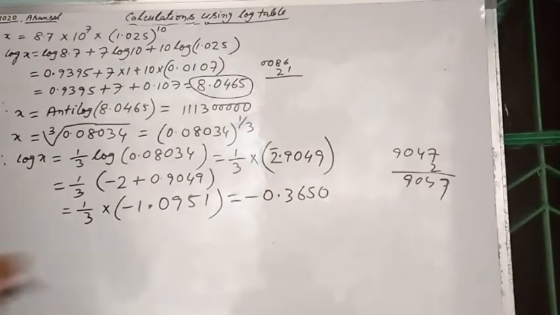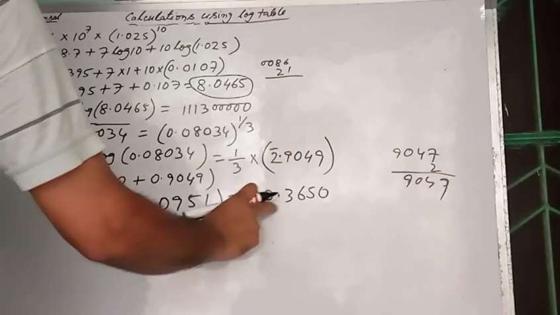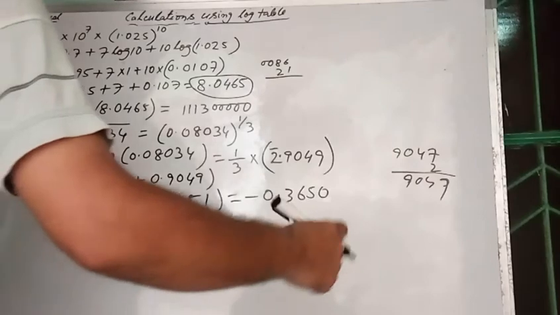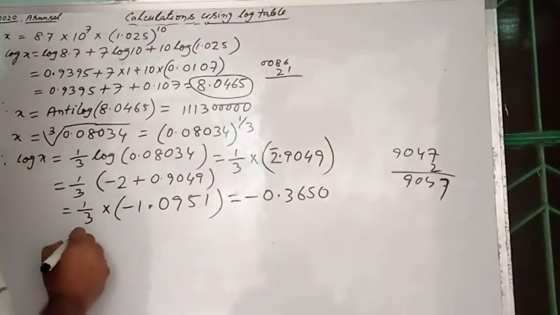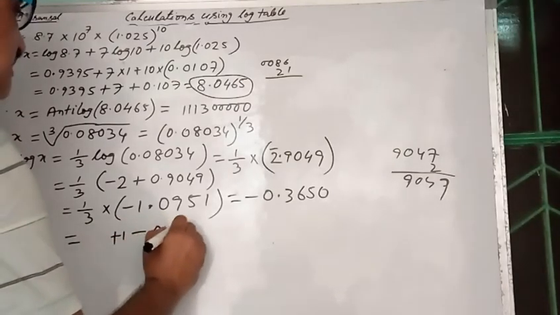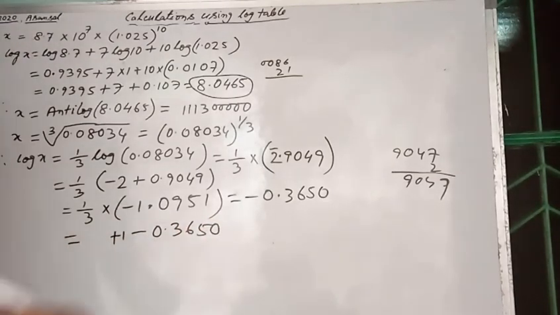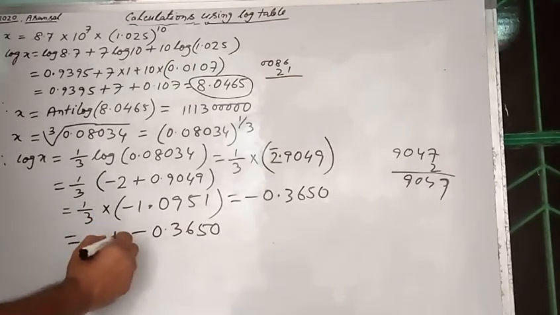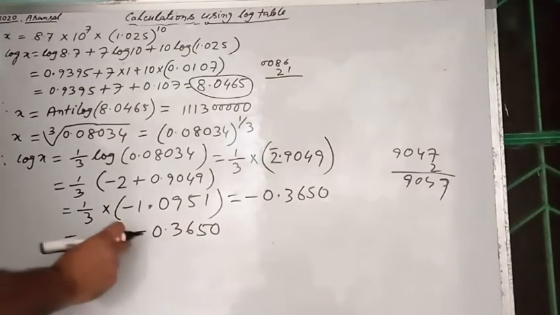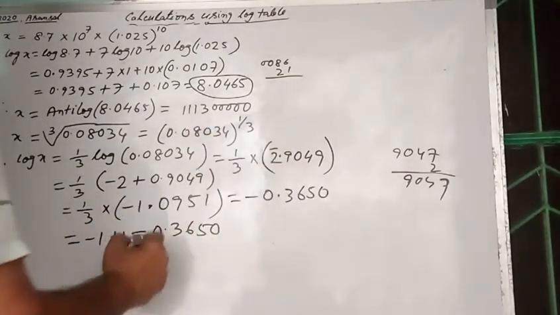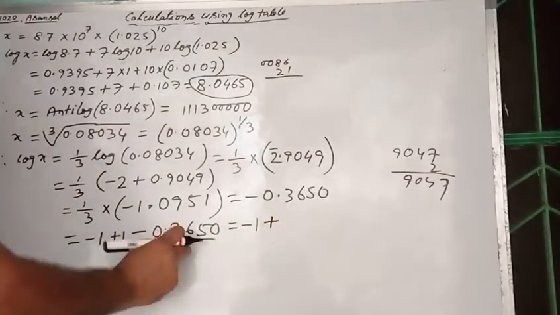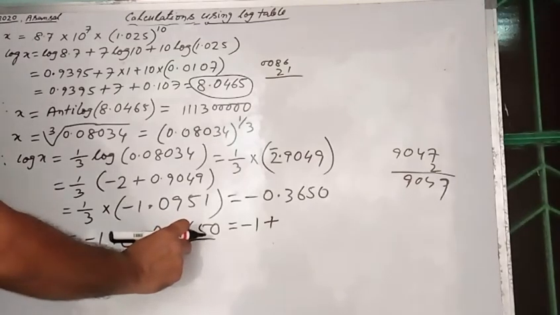0.3650. Now since it is minus here, हम देखेंगे माइनस 0.3650 से ग्रेटर क्या है, एग्जैक्टली ग्रेटर इंटीजर क्या है, 1. So add 1, this is equal to plus 1 minus 0.3650. So now to adjust it, we need to take minus 1 plus 1, this remains unchanged. Now this is equal to minus 1 plus 1 minus 0.3650 is equal to